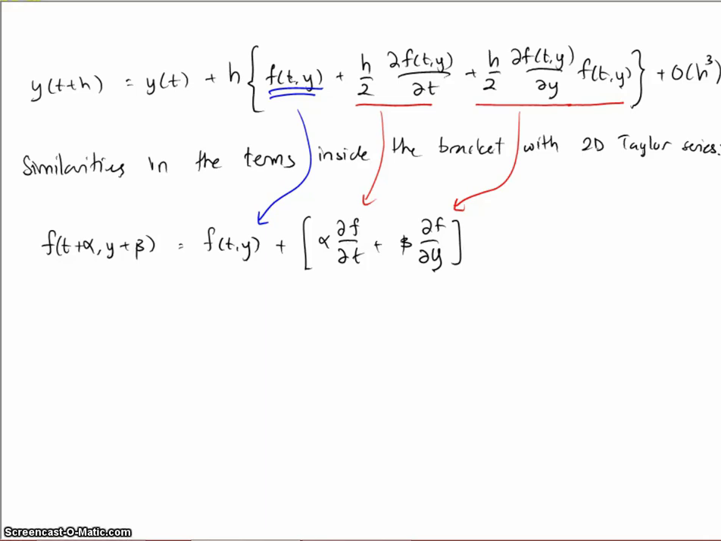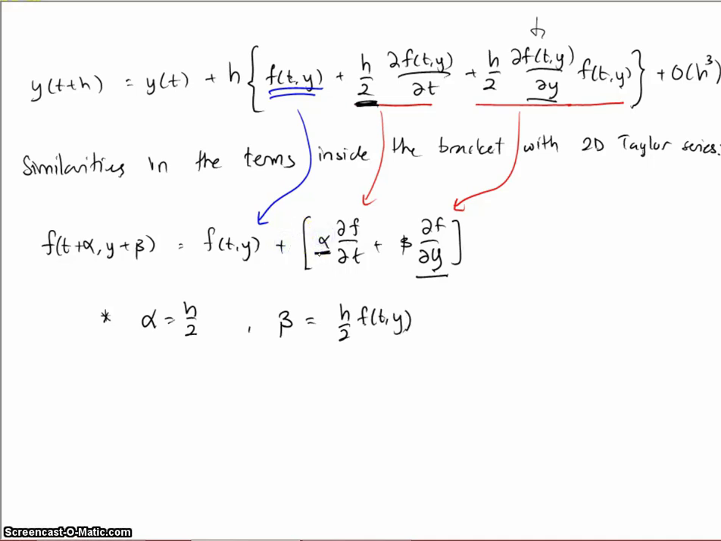Okay, so once you've seen this similarity, what you can say is that the value of alpha here would essentially be the same as h over 2 based on the similarity expression that we have. And if you look at this term over here, you can say that here you have your df dy and your df dy. So what you can say is beta is essentially given by h over 2 f as a function of t